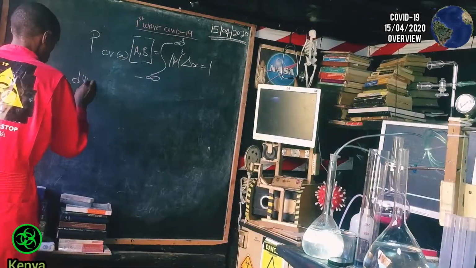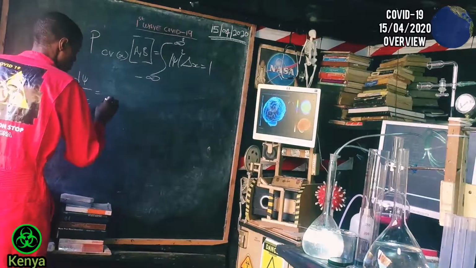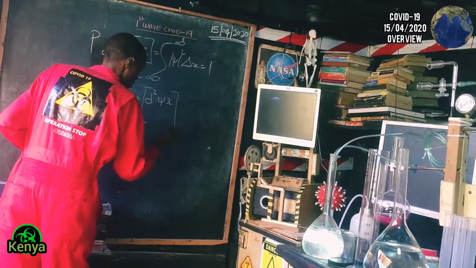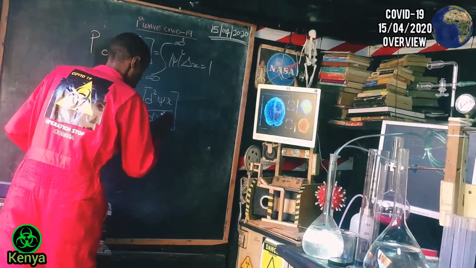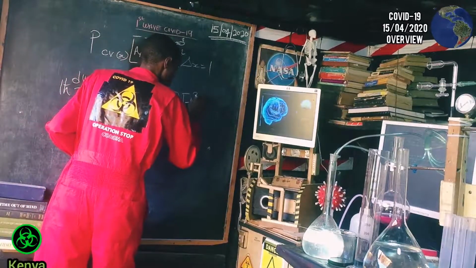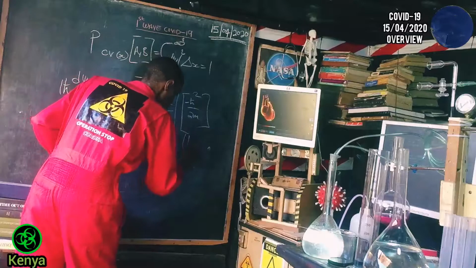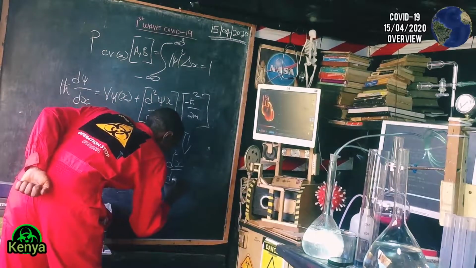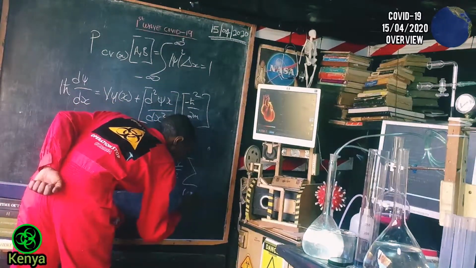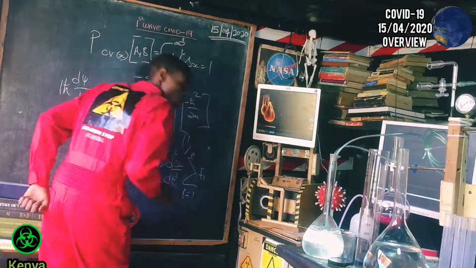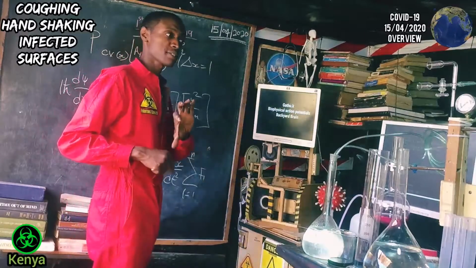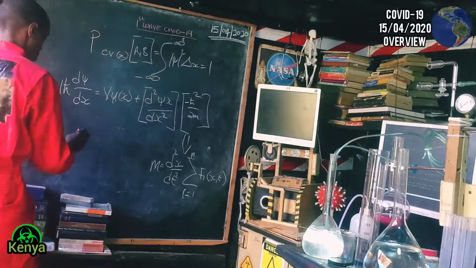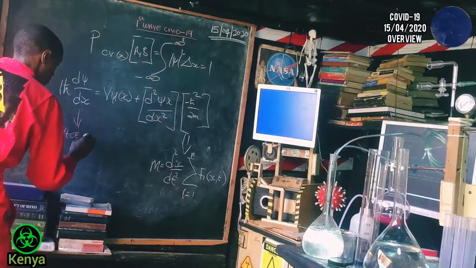i h bar partial psi with respect to its position is given by V psi x plus, in parentheses, the second partial of psi with respect to its first changing position along the x-axis squared, by negative h bar squared with respect to m, which is a root product of mass and acceleration, that is from the equation of motion given by change squared x with respect to change in time squared, is the sum of i equals 1 to n by the environmental interactions, that is by coughing, handshaking, moving, touched infected objects, generally depending on the position x at the time of eruption t,